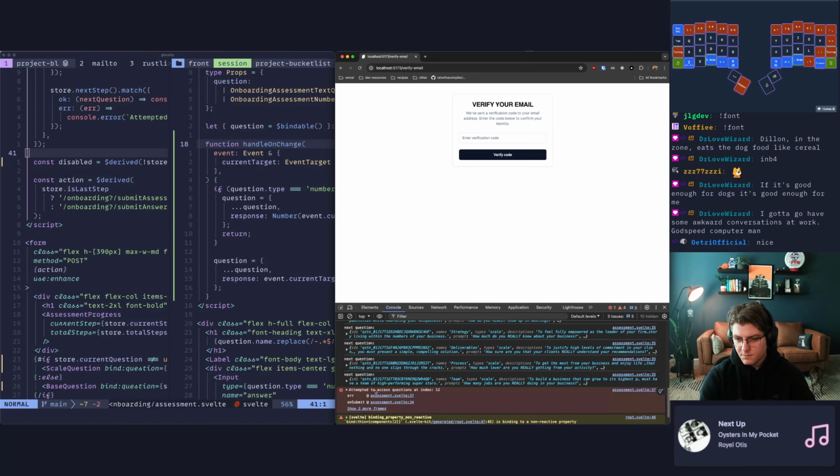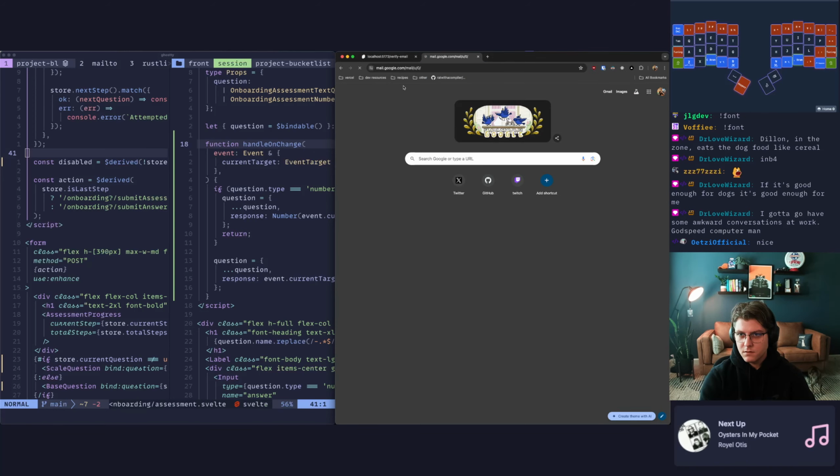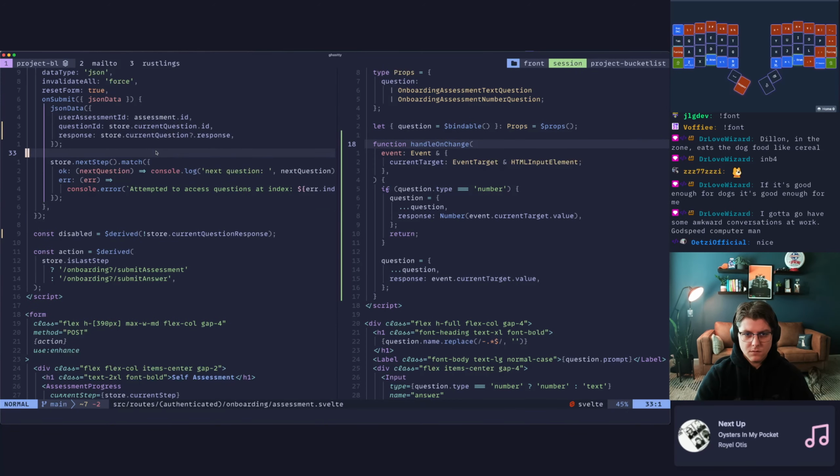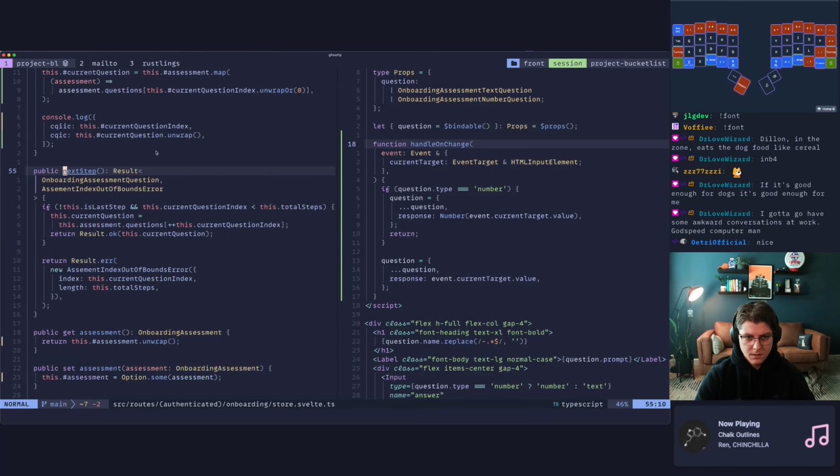Tempted to access a question at index 12. Which I should have got an email. So let's go to my Gmail. Let me just move this over here. I don't have anything yet. Right, that makes sense because I would have made this way earlier, and I took that out. Okay, yeah, that makes sense. We got to figure out why we attempted to index at question 12 though. Which is the implementation here. Yeah, thank you so much. That was totally the problem.